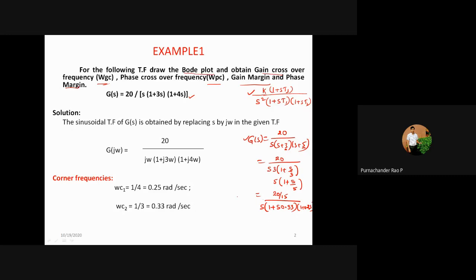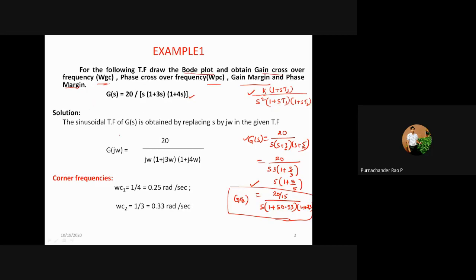So all the transfer functions we need to convert to this form. First thing what we have to do is this point. After that we need to